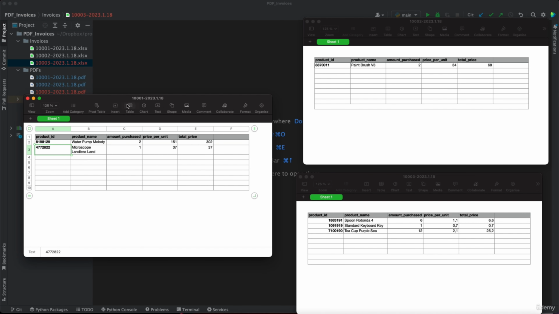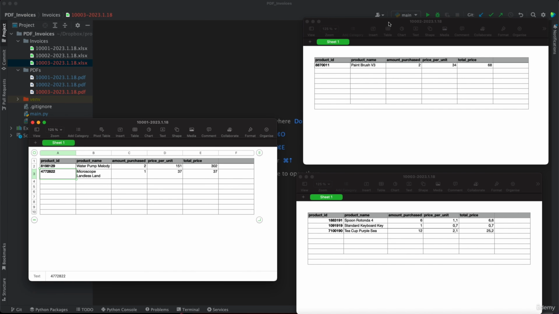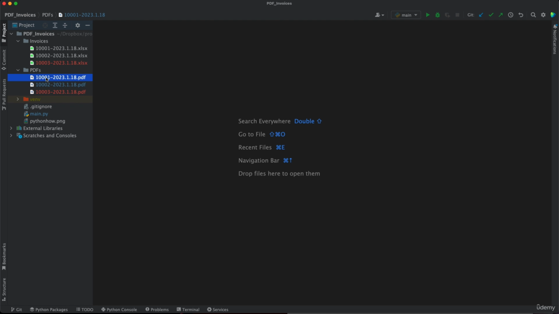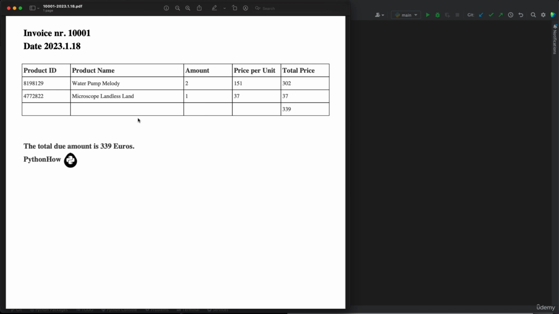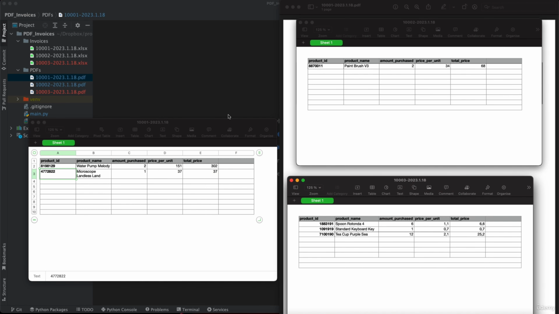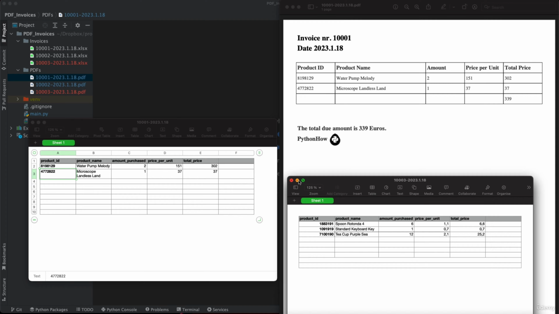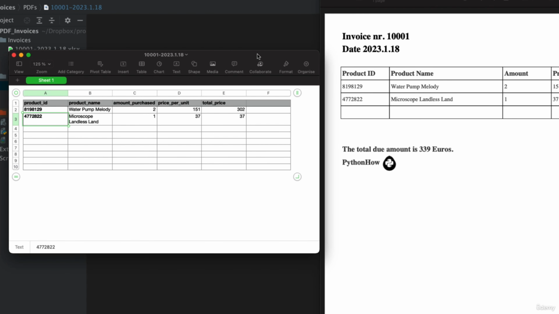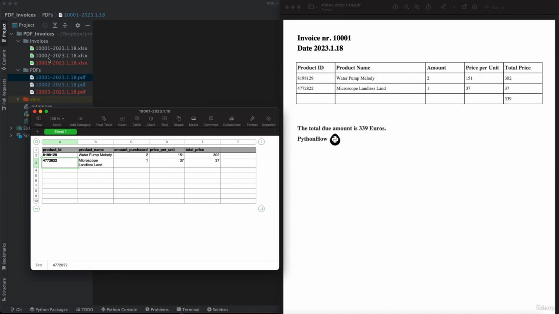our program will be to read each of these Excel files and produce an invoice, a PDF invoice for each of these files. So the output will be something like this. So that's the invoice for this file. So our Python program will be responsible of getting all the Excel files in this folder and get